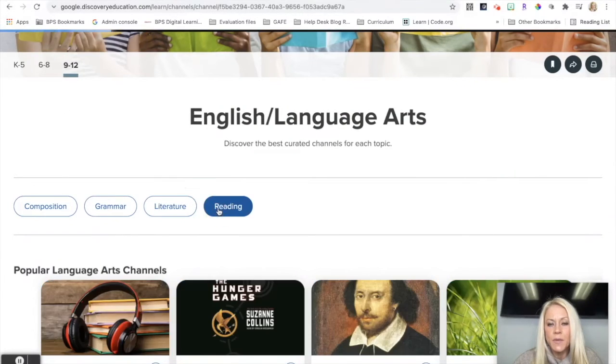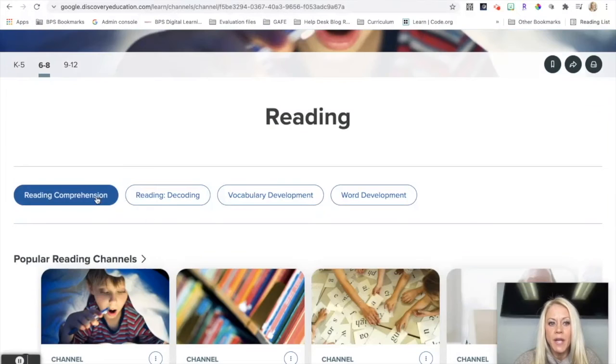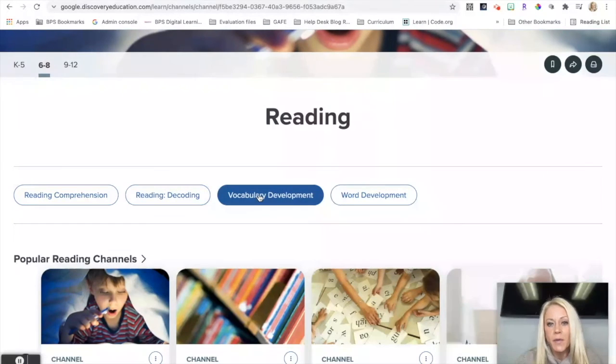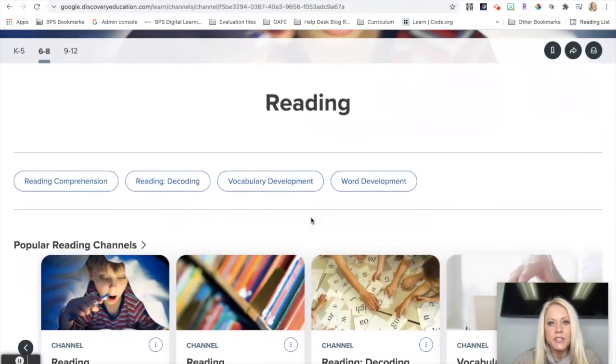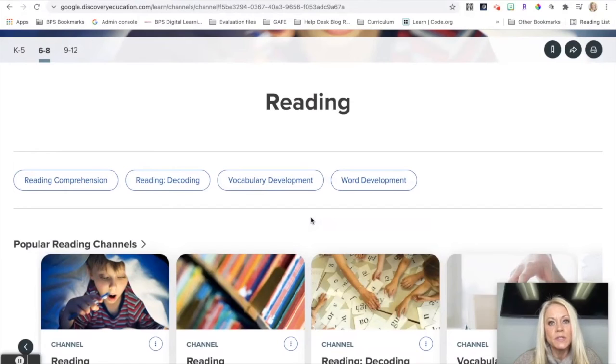And last but not least, we have reading comprehension, decoding, vocabulary development, and word development. So again, I just wanted to highlight these topics and encourage you to explore the ones that align with what you teach and look at channels, look at activity boards, the images, and different content that's available in Discovery Ed for you as an English